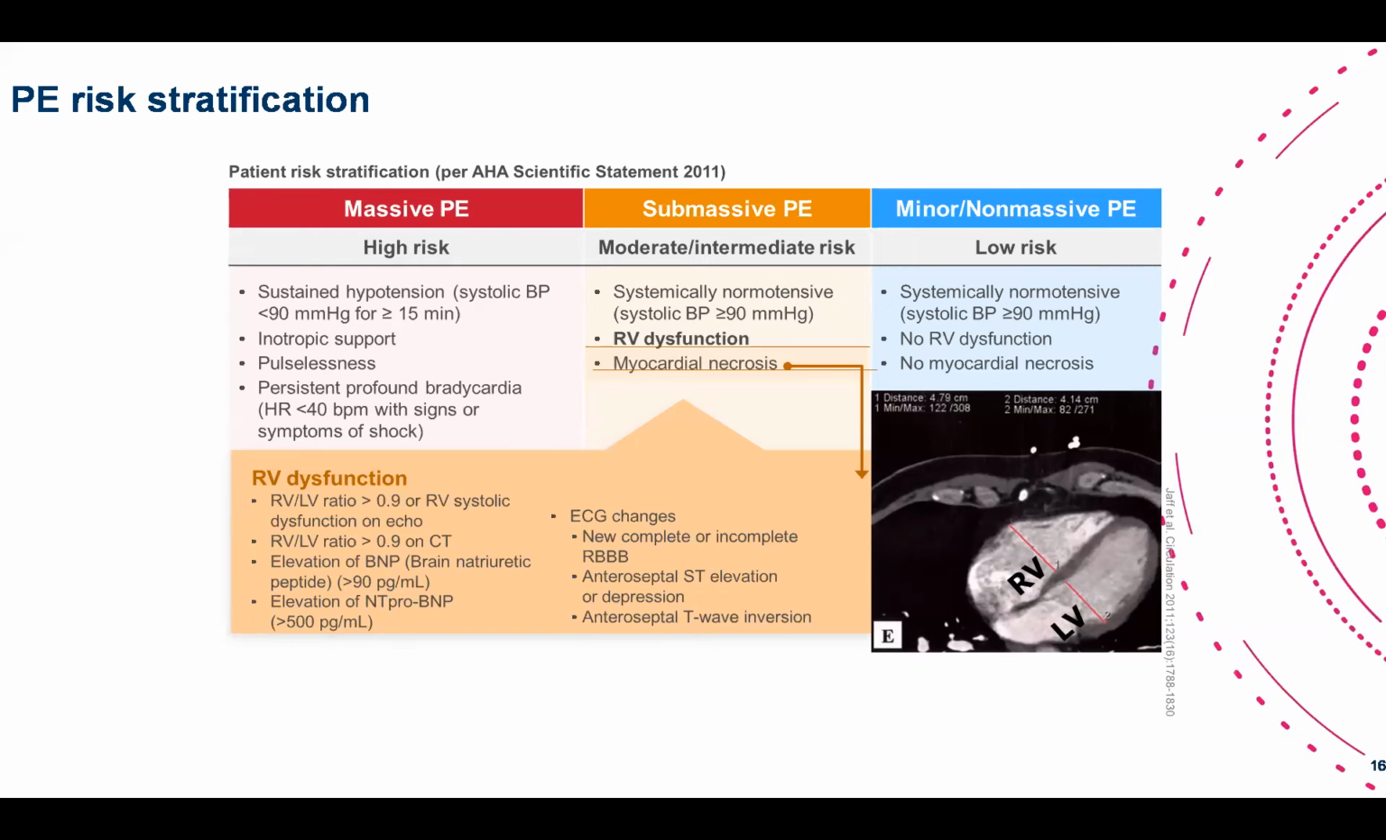So routinely we do CT scan or echocardiogram for every patient coming to ED. And this is the heart, and we normally measure the RV, which is right ventricle diameter, and LV diameter. And this ratio should be less than 0.9. If the ratio is more than 0.9, then this is a feature of RV dysfunction. And also we assess some enzymes, troponin or BNP, and we do ECG, and we do have some changes